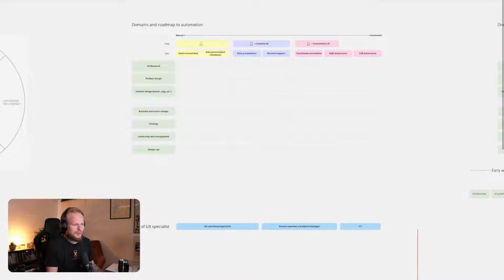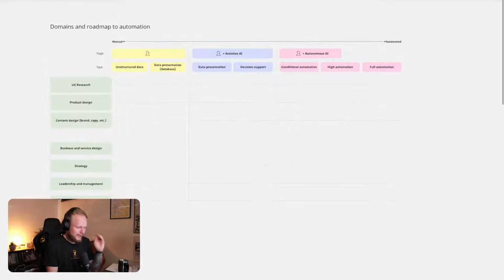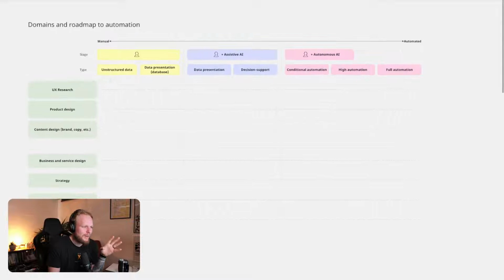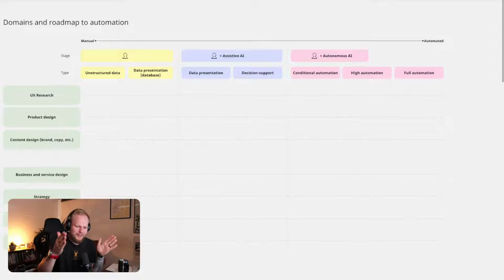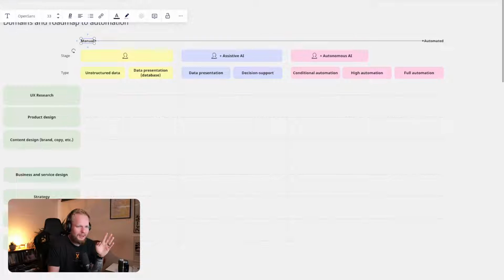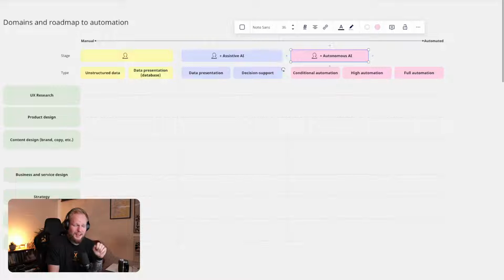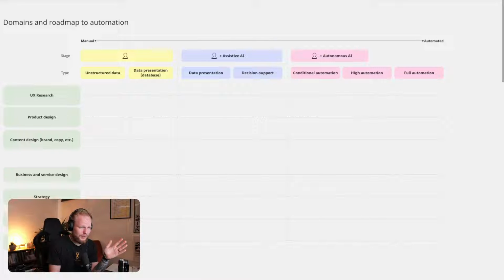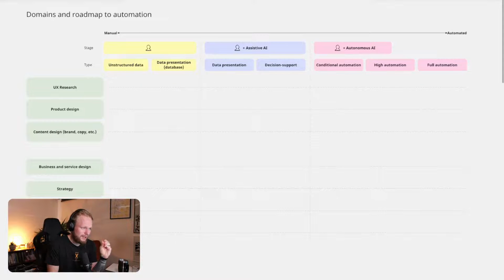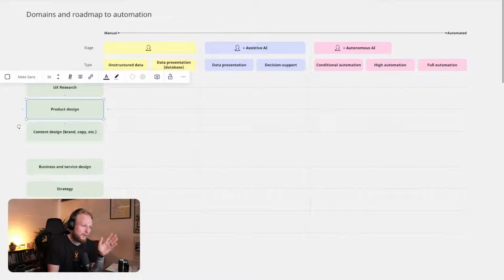But what I want to do really is reflect here on these things and highlight them yet again. Bringing back the framework of UX for AI by vaexperience, you're between the manual and automated stages. You have human-powered, purely human, and assistive AI, then autonomous AI, and then pure Skynet, let's call it that. There are going to be those domains, and I simplified here that there's UX research, product design, content,